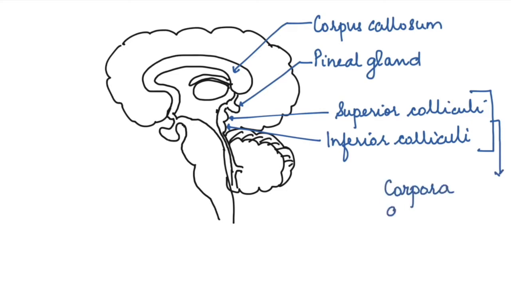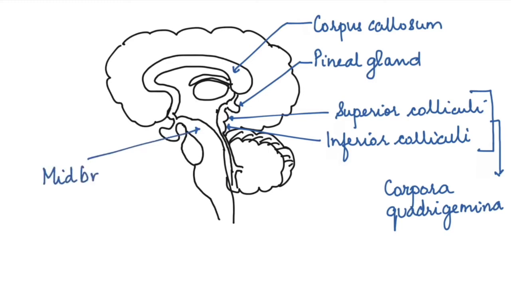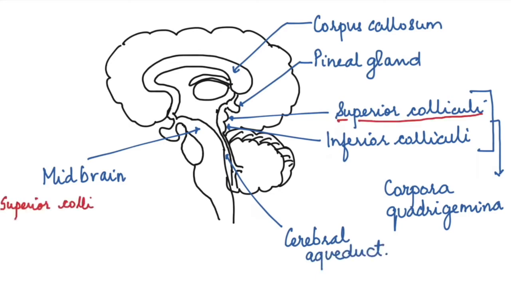This corpora quadrigemina is the part of the midbrain which is located dorsally, that is towards the side of the cerebellum. Now on the other side, that is on the ventral side, there is the portion of the midbrain which consists of the cerebral peduncles, that is a set of nerves that moves from the cerebrum to the cerebellum, and that also contains crura cerebri. Now in between this there is a small cavity or the ventricle that is located in the midbrain,